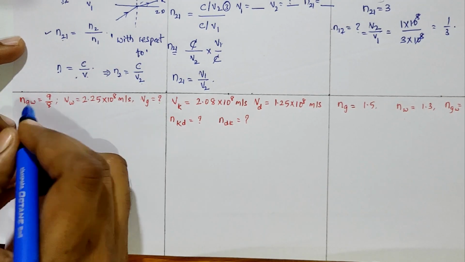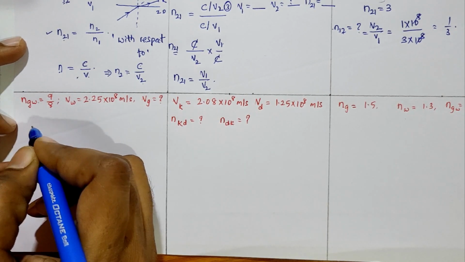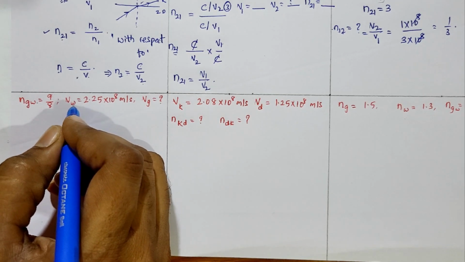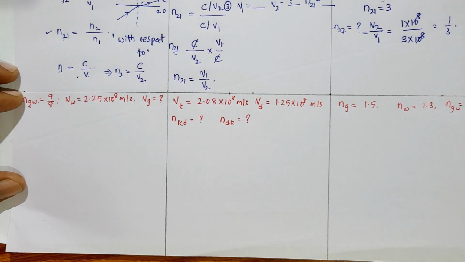Refractive index of glass with respect to water is 9 by 8 and the speed of light in water is 2.25 into 10 power 8 meters per second. What will be the speed of light in glass? That is the question, right? So now